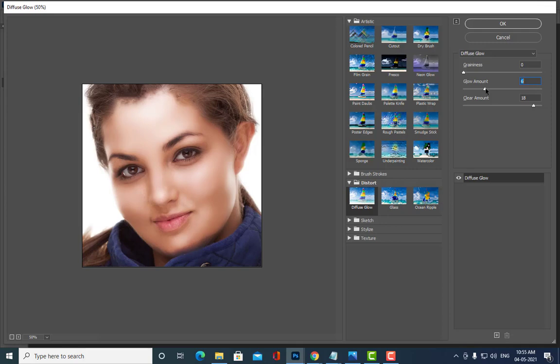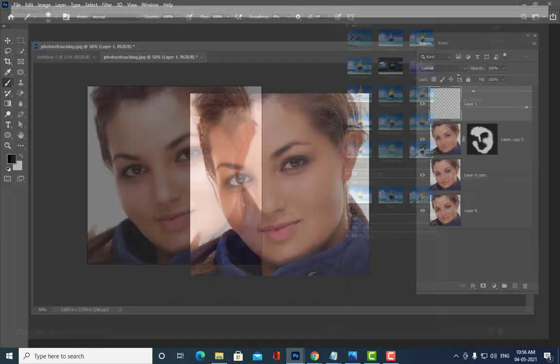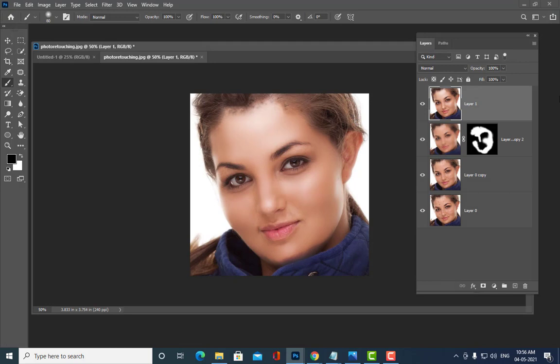You cannot give a very big value, just a very slight glow is enough. You can also try to reduce the clear amount. The clear amount is also very sensitive. If you reduce it, it will add a lot of glow. So we will make it a little bit. There is some glow on her face now. Slight glow is enough, don't give too much glow. Right, so now there is slight glow on her face.